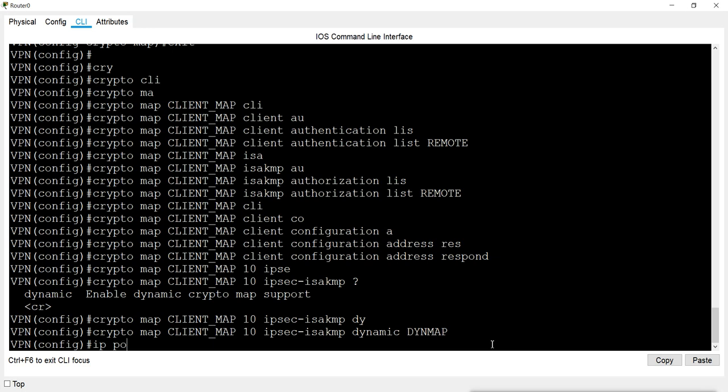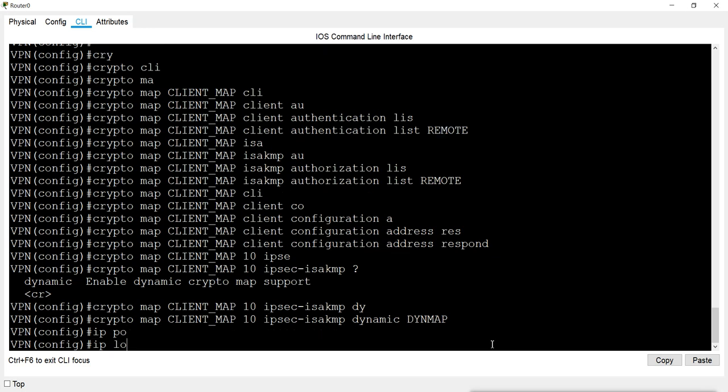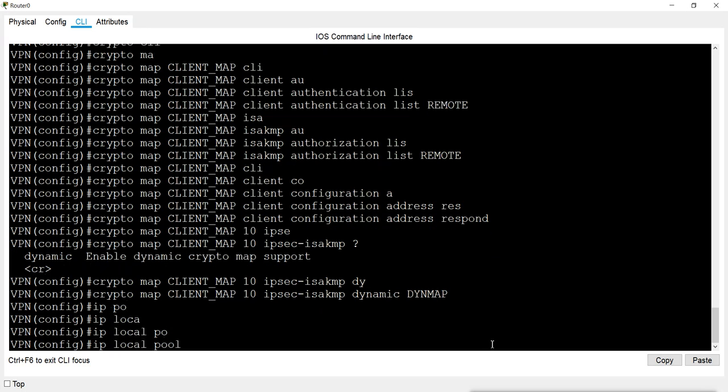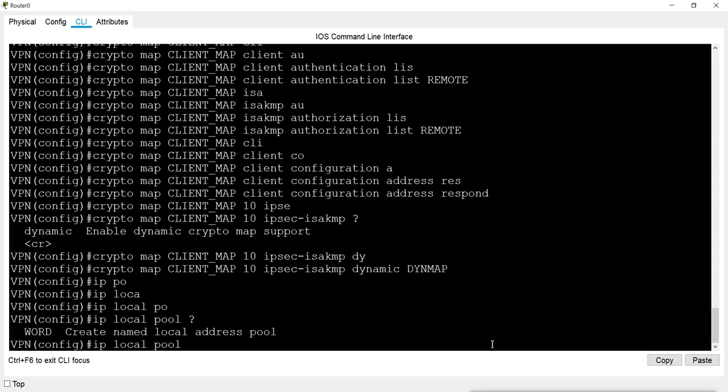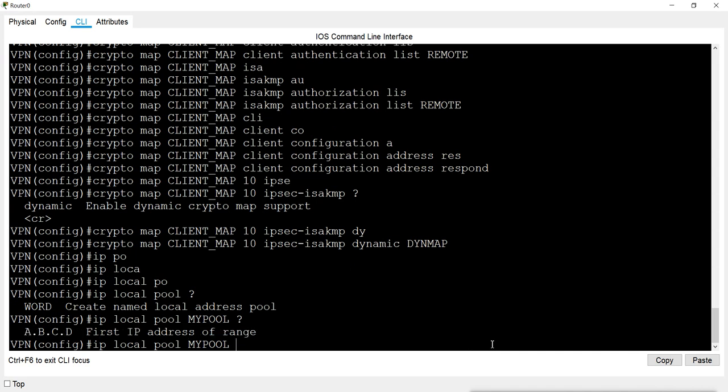Now we create the pool. The range. What range will we give here in the pool? That means when anyone connects the VPN, it will get the IP from the pool which is local.